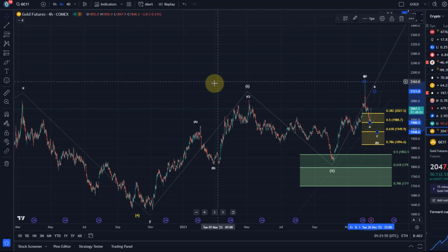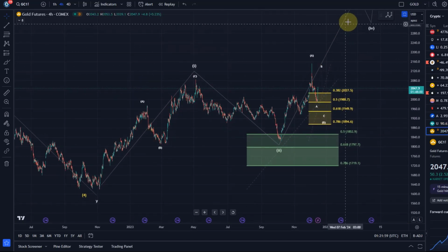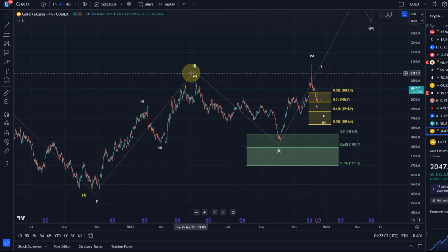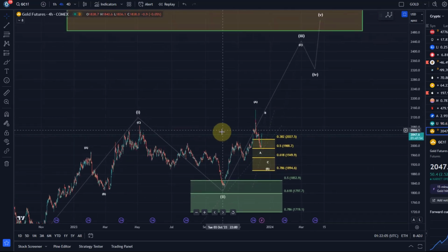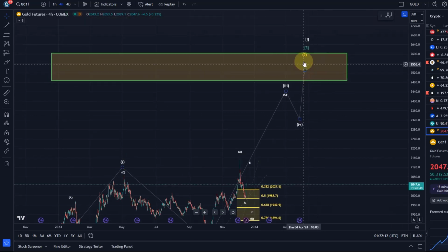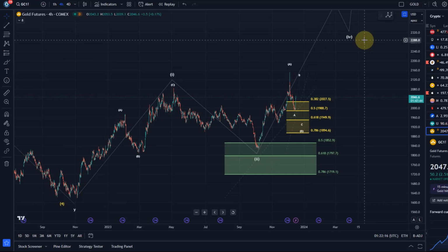As I explained to you before, I'm still leaning towards a bullish scenario in that we had here a wave 1 to the upside, wave 2 to the downside, wave 3 to the upside into 2024, wave 4 and 5. An overall bullish structure could possibly take us to around about $2,500. I have warned you that it might not be an easy ride, and it will probably be a rocky road